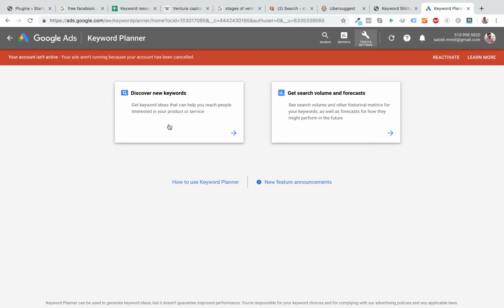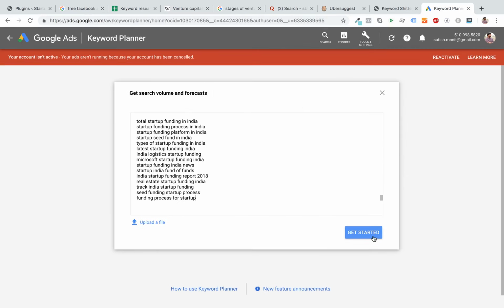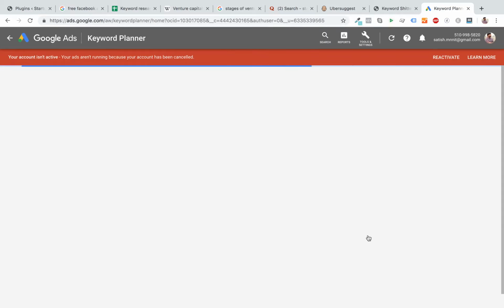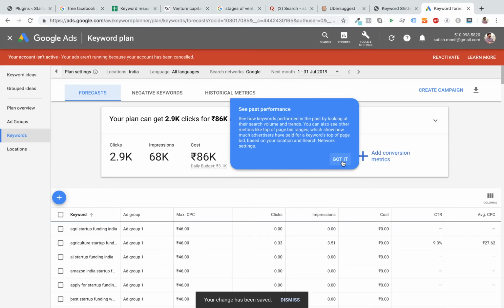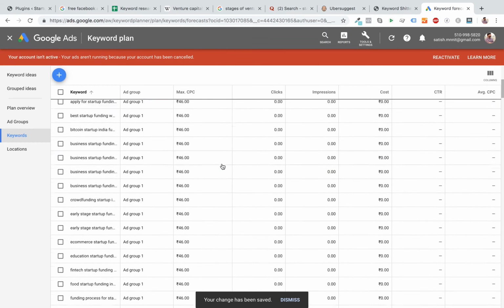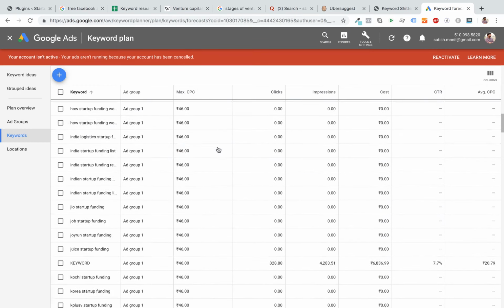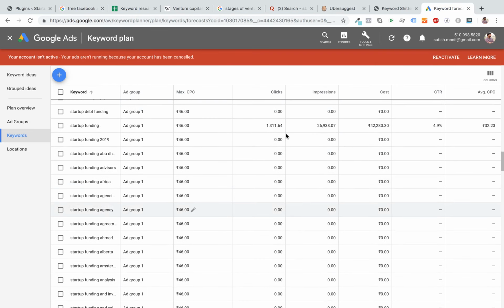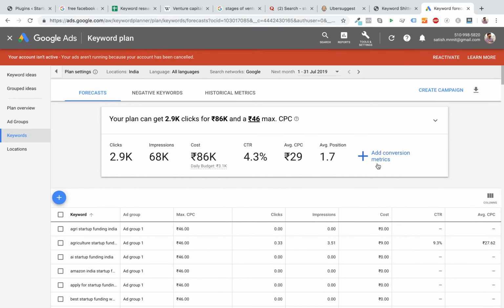So, discover new keywords or get volumes and forecasts. You can even use this to get more. Currently, I'm using this. I just put this up, and I'm going to get all the search keyword volume and this data, right? So this is all the data that I've got around the keyword search list. I can now actually export this data to CSV and copy paste this cost data into this.